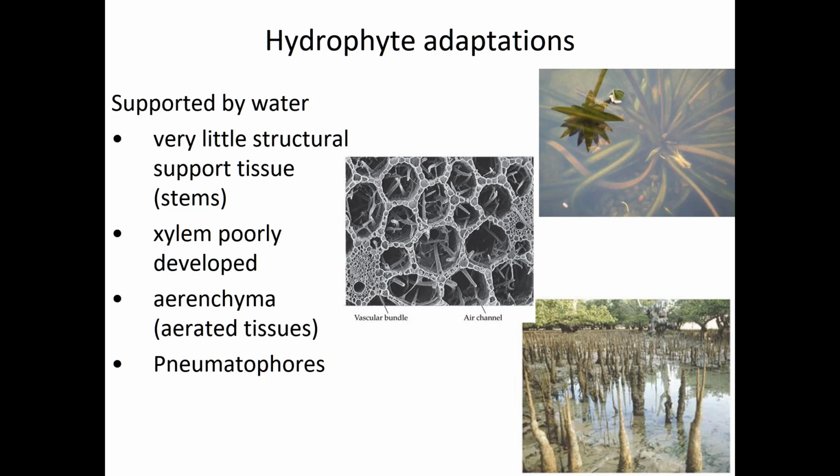They can float because they've got a very poorly developed xylem system. They don't need it because moving water around is never a problem. Moving water in is never a problem. But instead, they have highly developed, very aerated tissues with these tissue types known as parenchyma. So here's an example, an SEM image showing a whole bunch of these air channels inside of a kind of